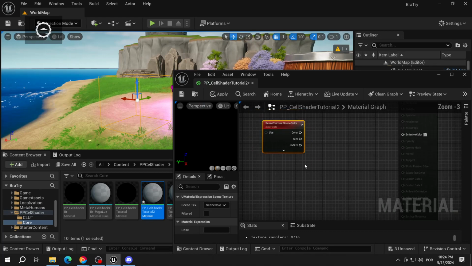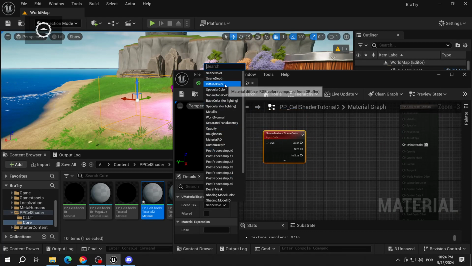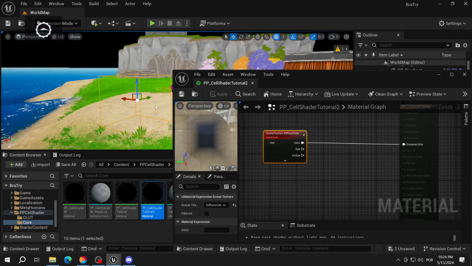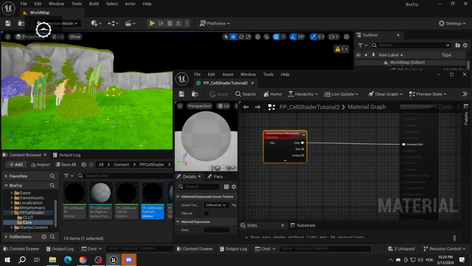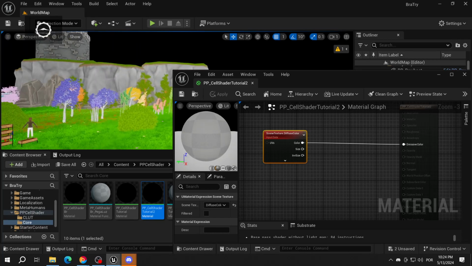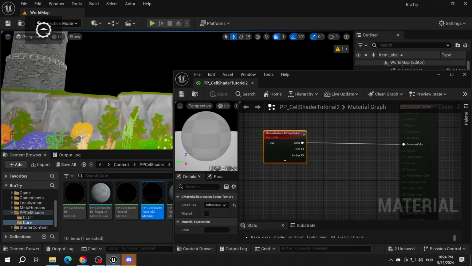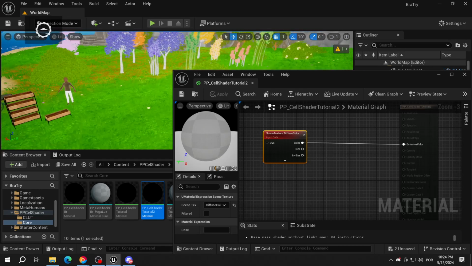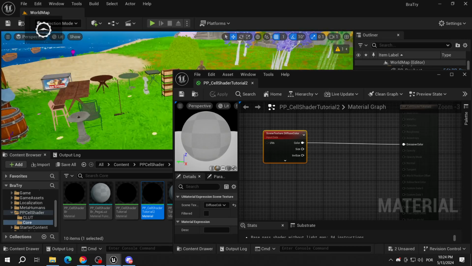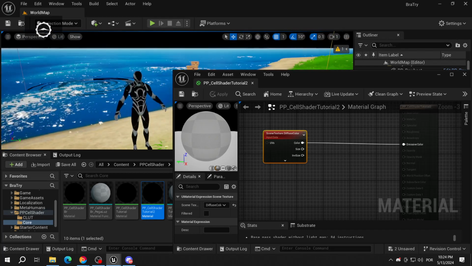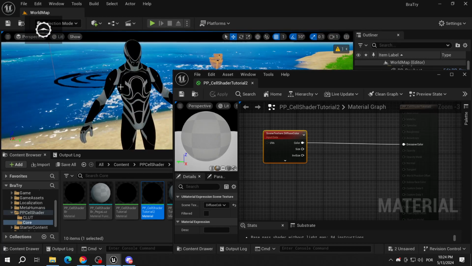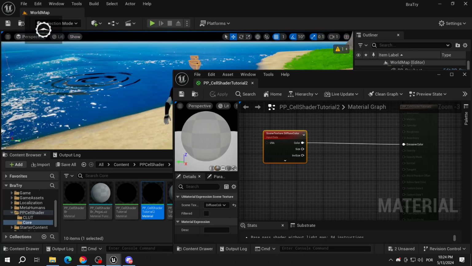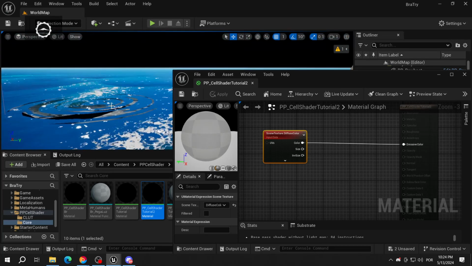So I'm going to output here our diffuse color, which is the usual lighting value for things. Most cell shaders you find on the market just use this value here to get the light and do the cell shading, but it's actually the source of many bugs. For example, if you look here, our mannequin from Unreal is all black because we're not getting the metallic light out of it. This ripple in the water here,